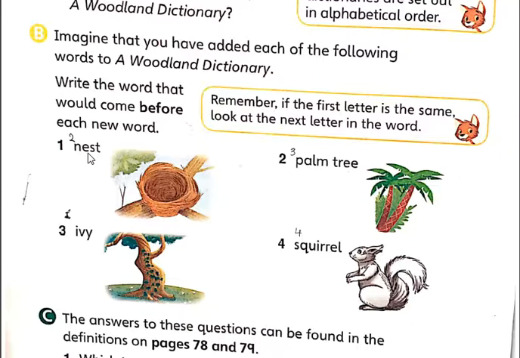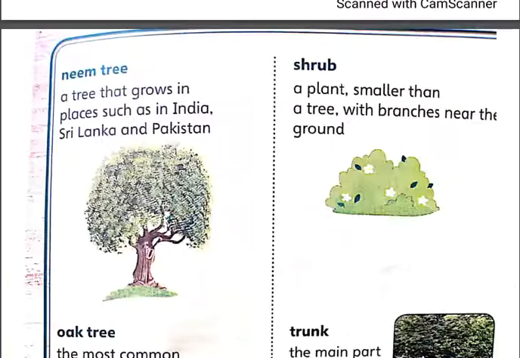I couldn't find it as well. So nest, I will go to my pictorial dictionary, and I will go there. So neem tree, I have here one word with N-E. Okay, nest also with N-E, right? So